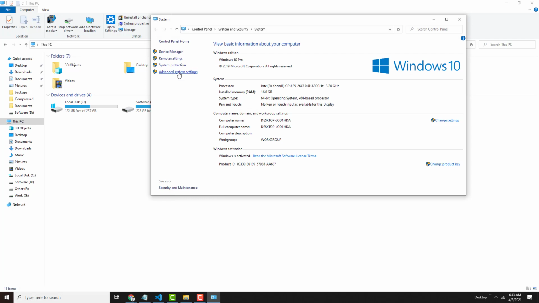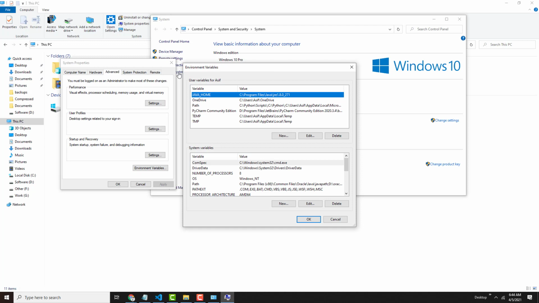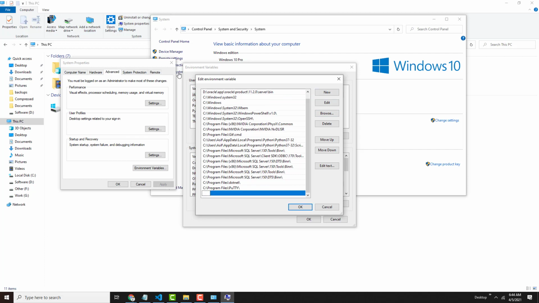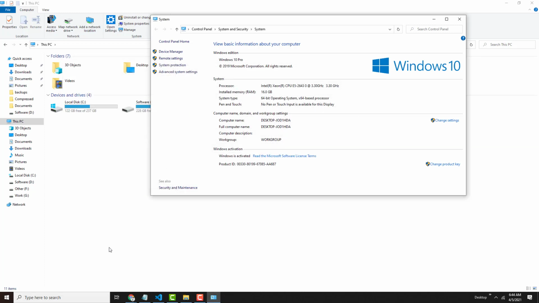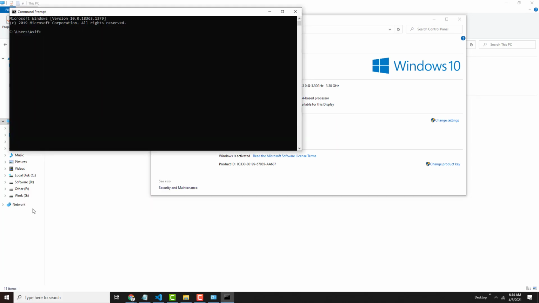Click on advanced system settings and then click on environment variables. Choose the path variable in the system variables and then click on new and paste the location of the MongoDB installation. Click on the OK button and save the changes. Now you can run the MongoDB server from anywhere